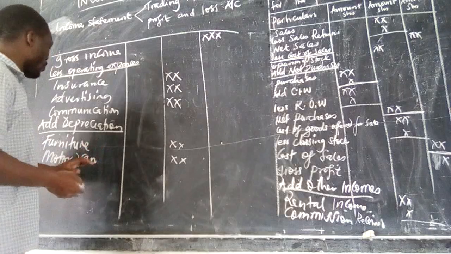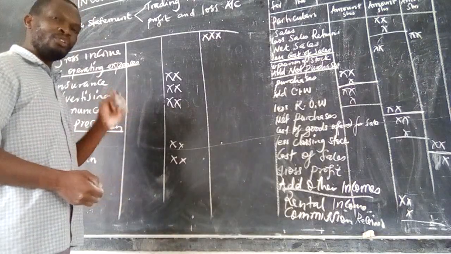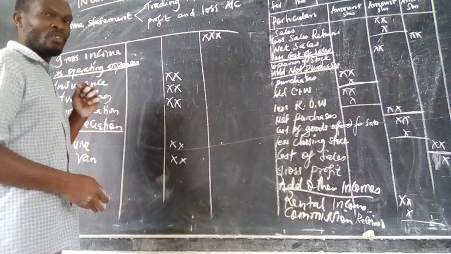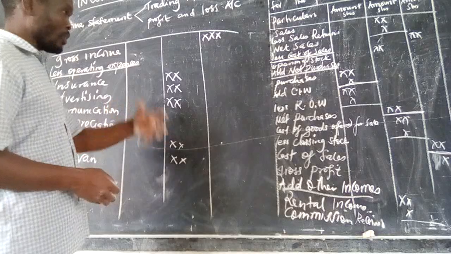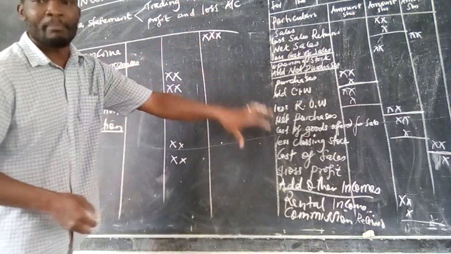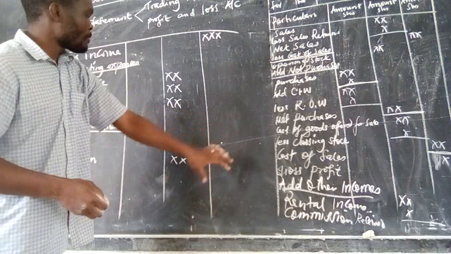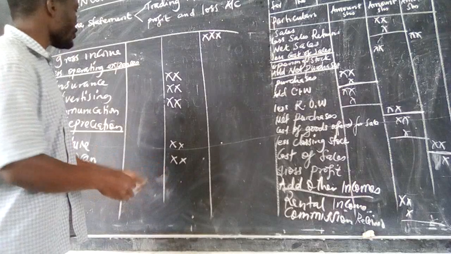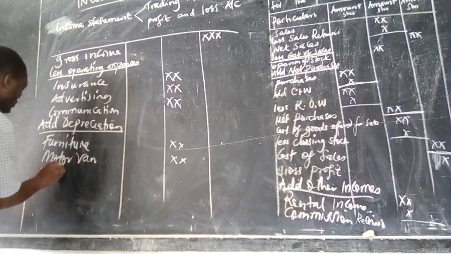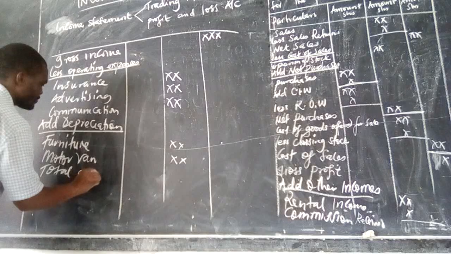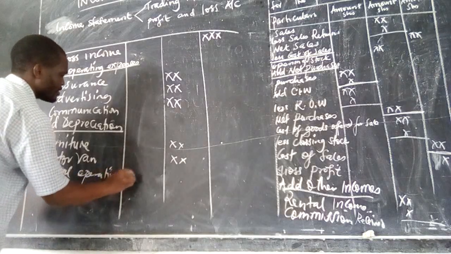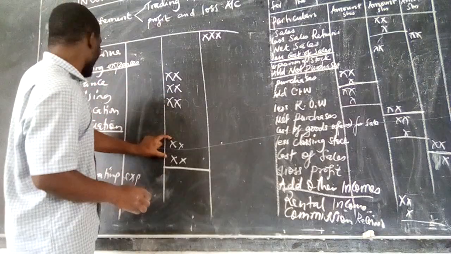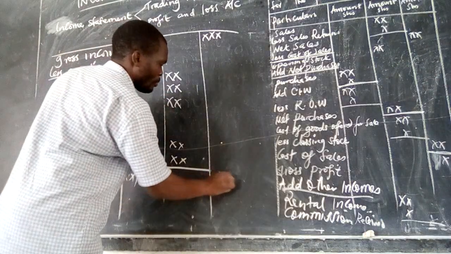Now remember, I'm only recording the value for depreciation, not the original cost of the assets. They will give you a number and you're supposed to look at the percentage that has been used, and then you calculate the depreciation, which is the one that you're supposed to put in the income statement. So after then you add, you get the total operating expenses. Total operating expenses.